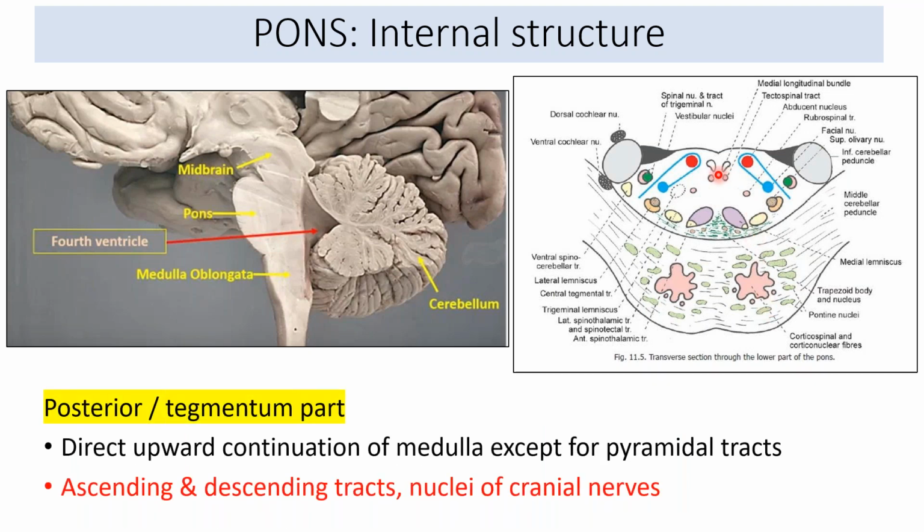Now come to the tegmental part. The tegmental part will contain the rest of the tracts apart from the corticospinal. So mostly the ascending and the rest of the descending tracts will be present in the tegmentum, and there will be certain cranial nerve nuclei. Remember, I told you about those cranial nerves. The cranial nerves 6 and 7 are the two common ones present, and the cochlear nucleus and the vestibular nucleus are all present, along with the trigeminal nucleus. So these are all cranial nerve nuclei which will be present, along with the ascending and the descending tracts, in the posterior tegmentum part of the pons.